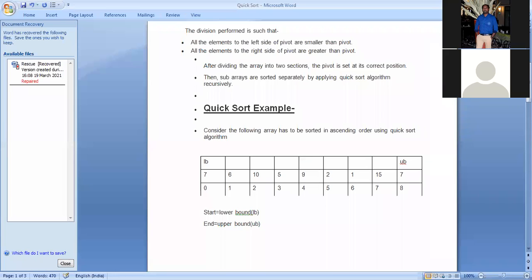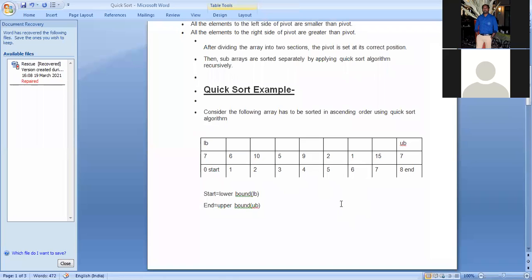So this element is the starting element, start, and this one is the end element. So this is clear to everyone. These are the array elements, with the lower bound and upper bound. Start equals lower bound and end equals upper bound. So now we'll start.